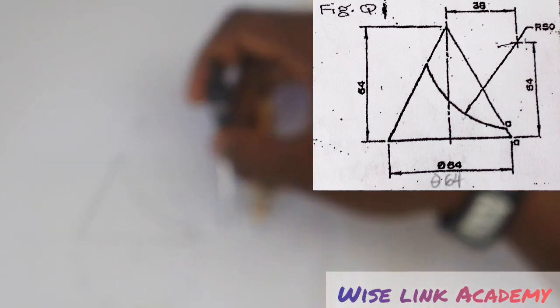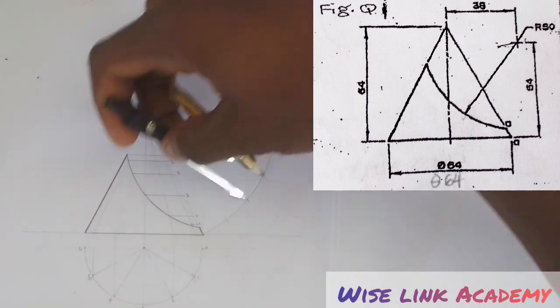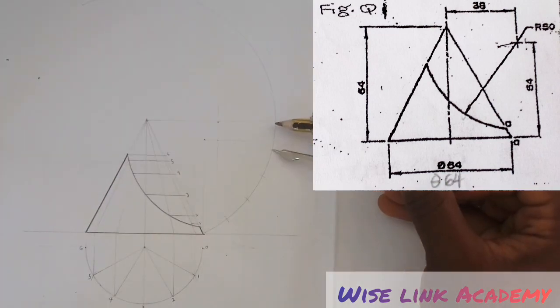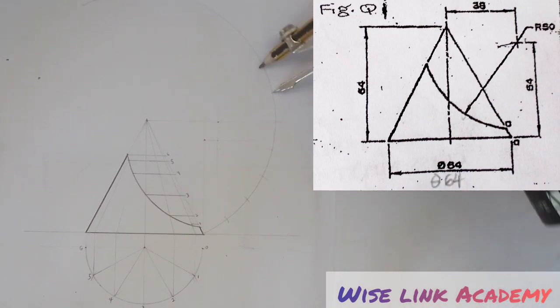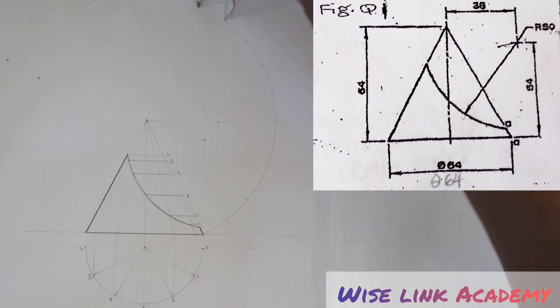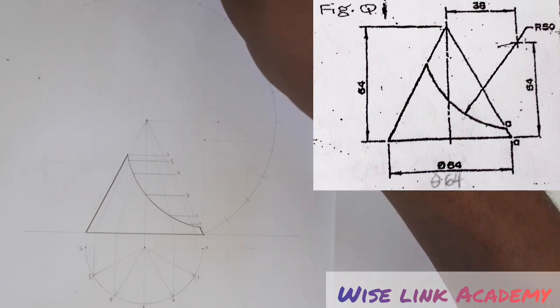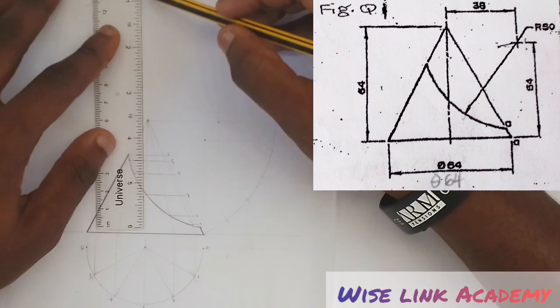So 1, 2, 3, 4, right? 5, 6, 7, 8, 9, 10, 11, and 12, right? So with the help of my meter rule, from this point